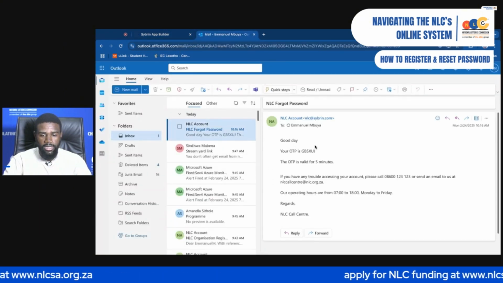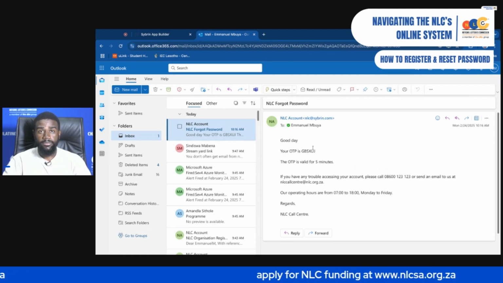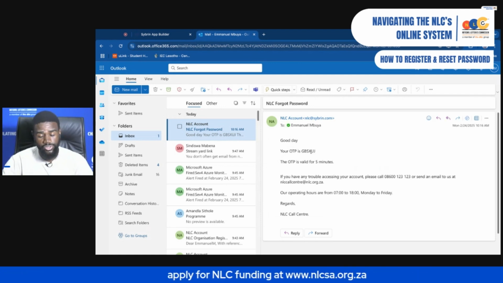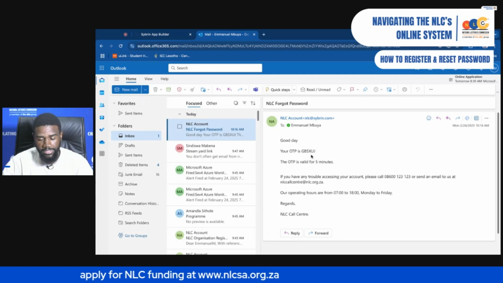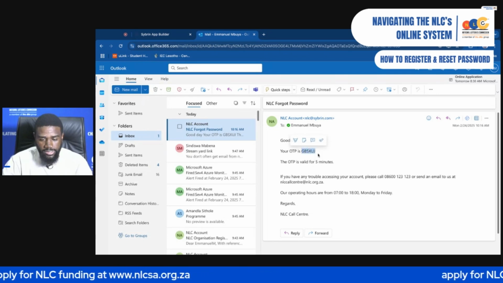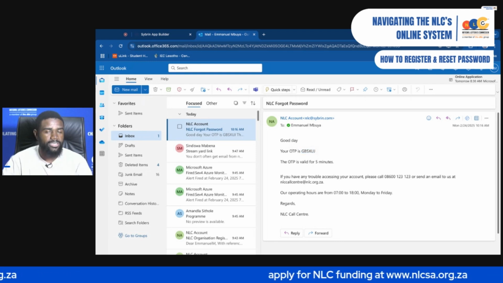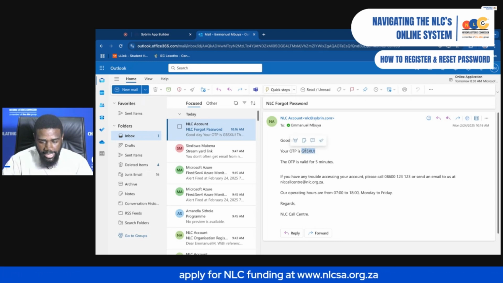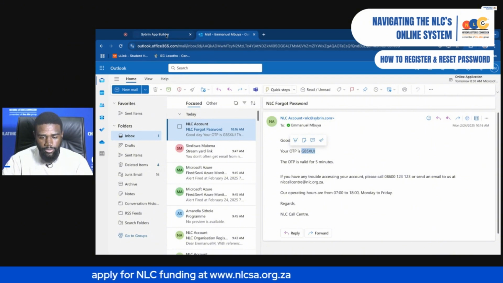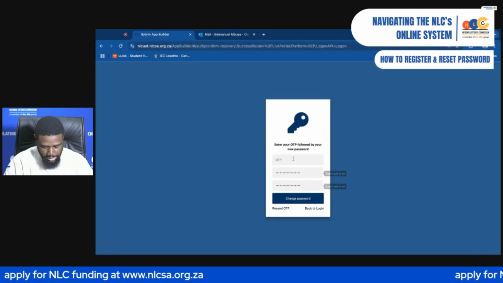As you can see, I received an OTP, and this is a very good instruction. When you receive an OTP, please only focus on the letters that you get. Do not focus on any dot after that or any space. In our case, we have this OTP that I'm going to put in on the portal. So it's GBSX,